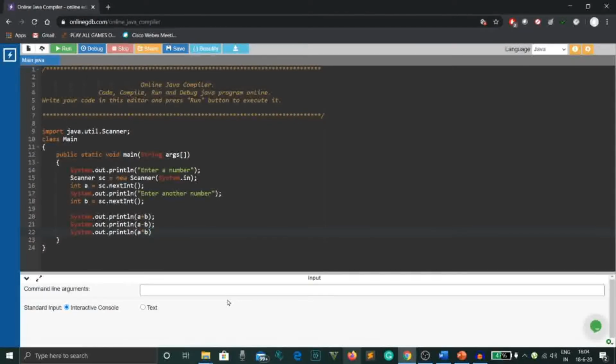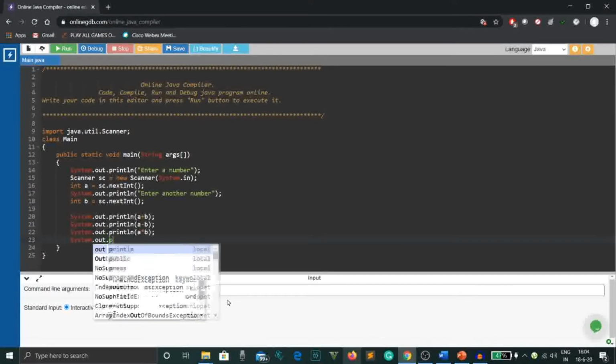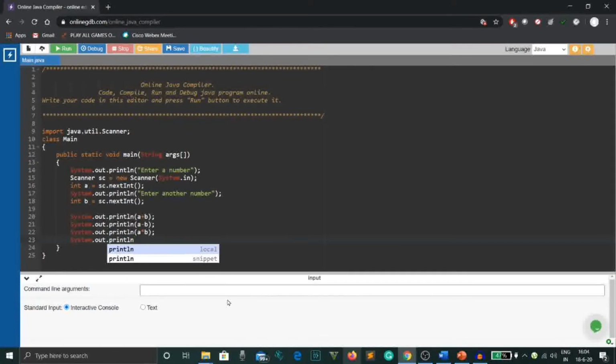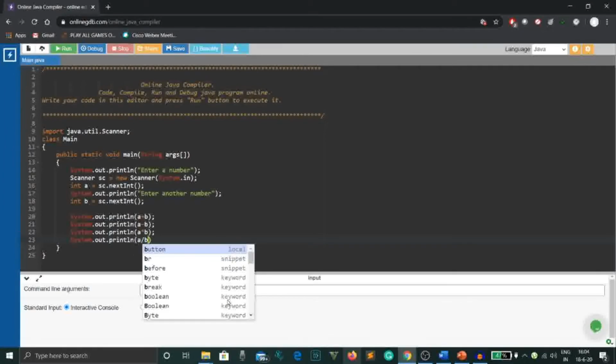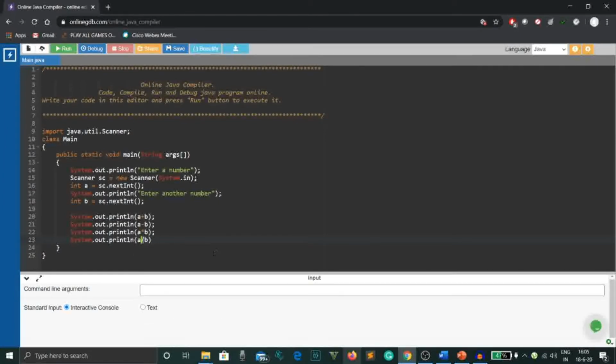Again keep in mind that the multiplication sign here is not our x or the cross sign, it's the asterisk mark. And at last we'll print the division. Again reminding you that the forward slash or the division operator here is used just to find out the quotient of the division. It won't give us the correct division in the decimal point.